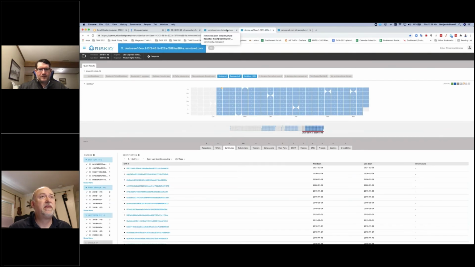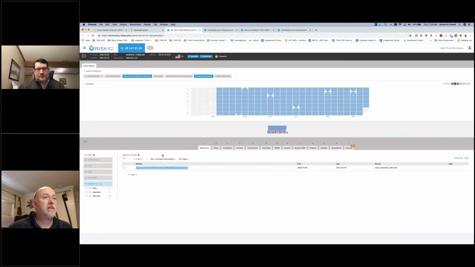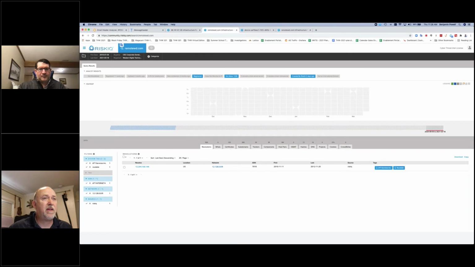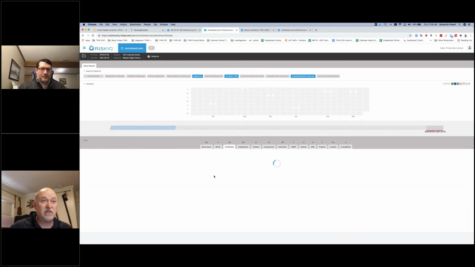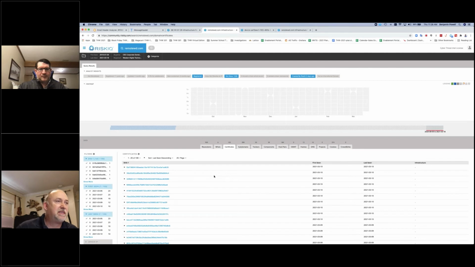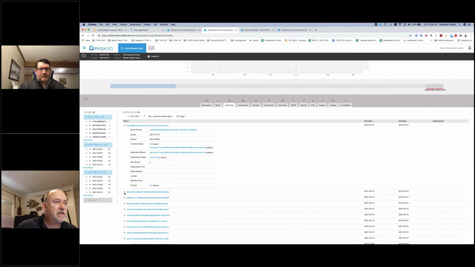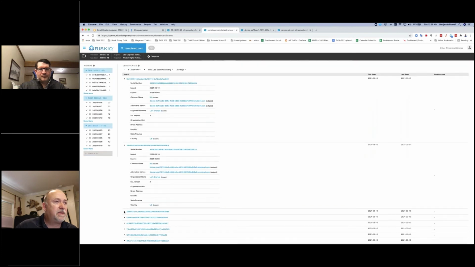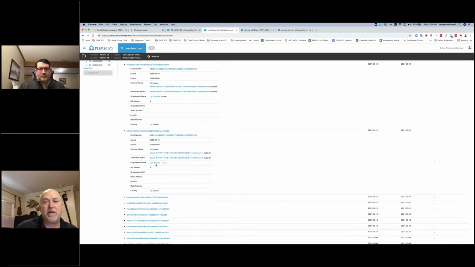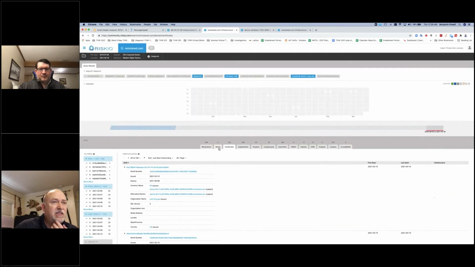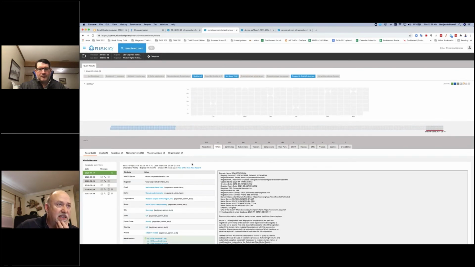Device, certificates. No certificate on this one. If I come here, I find that there's 100 certificates associated with this. So let's take a look at the certificates. We'll take a look at the WHOIS records, and you'll tell me if there's anything suspicious with this. So if we take a look at the certificates, Let's Encrypt. Free certificate authority being used. Okay, and let's look at the WHOIS records. Let's try to see who this is.